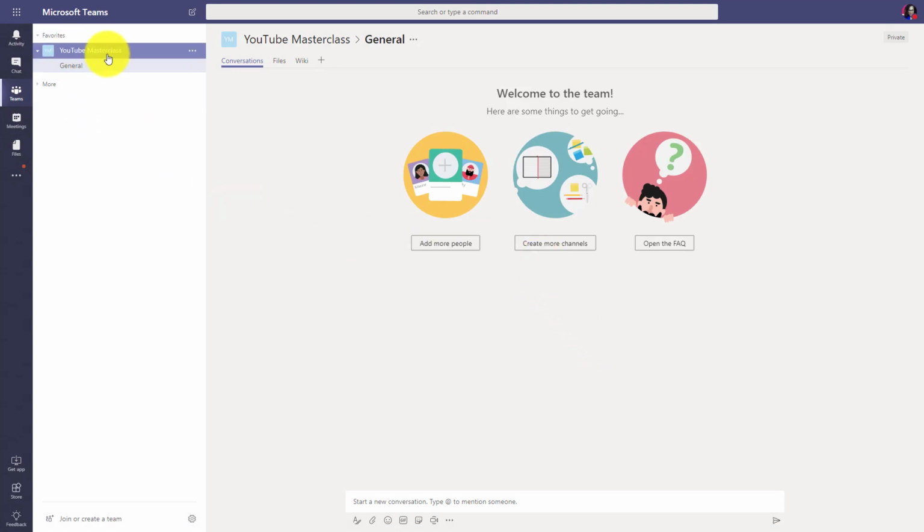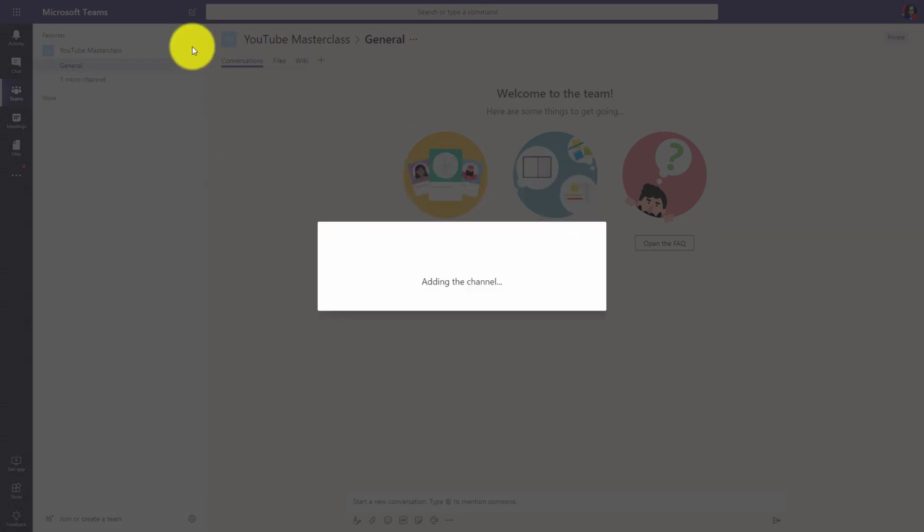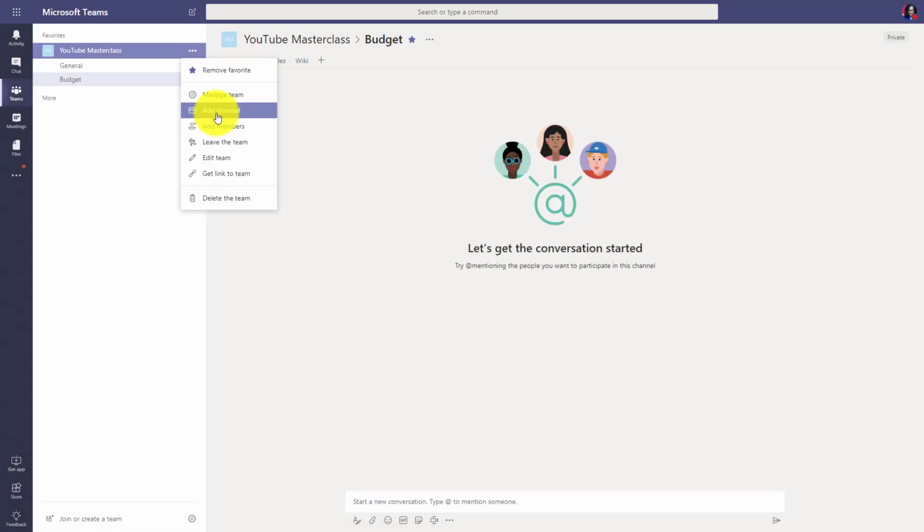So think of your team as kind of your workspace that has everything you need for your project. Now, every team comes with a general channel. This is a channel, right? Now, what I always tell people is think about how you work, because usually you're using emails and text messages and Skype Messenger to have these conversations. Think about the conversations you have. So for instance, you might have a conversation on this project about budget, right? You might have a conversation about marketing,